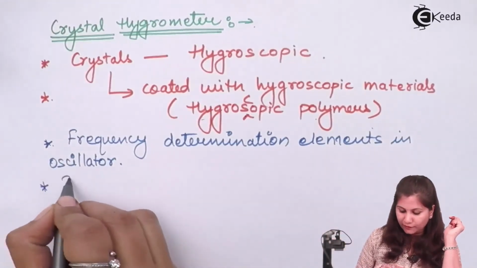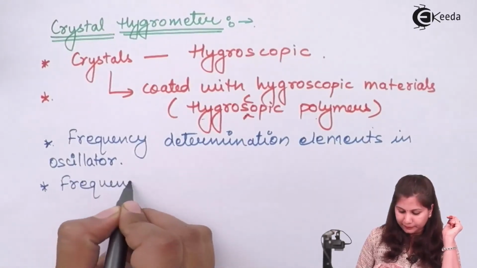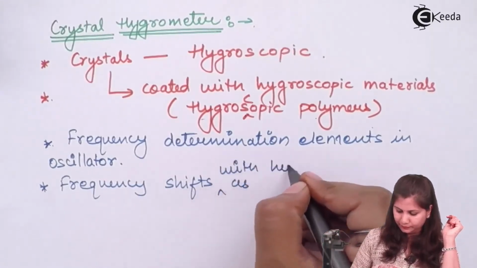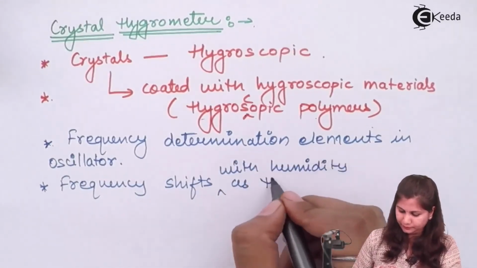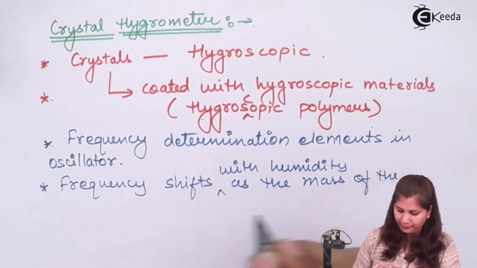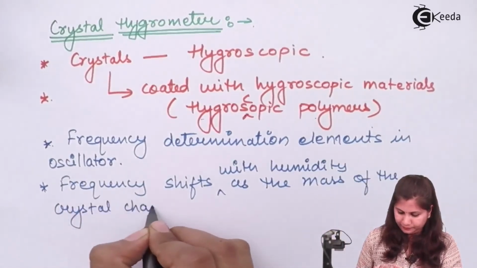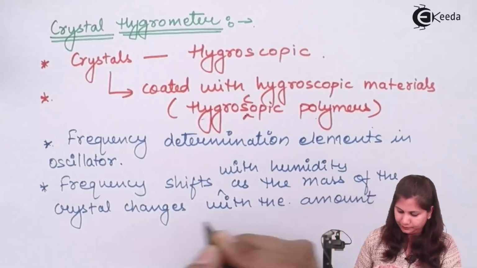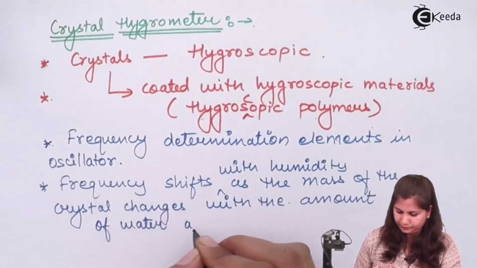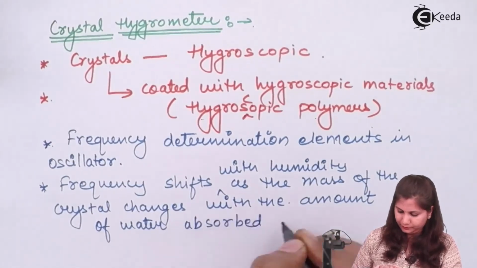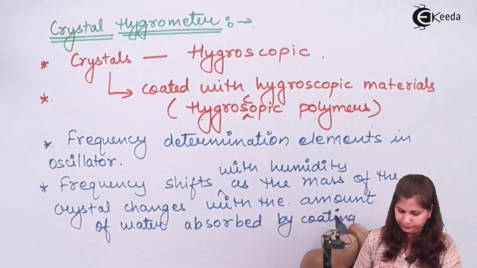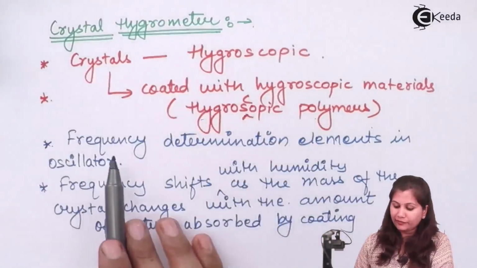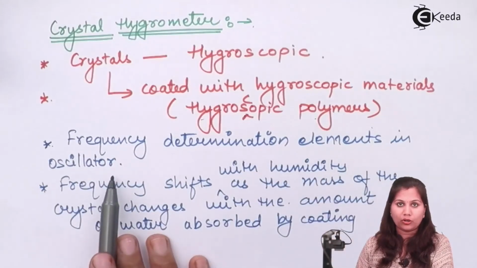So frequency shifts due to humidity. When these crystals are used as the frequency determination elements in the oscillator,